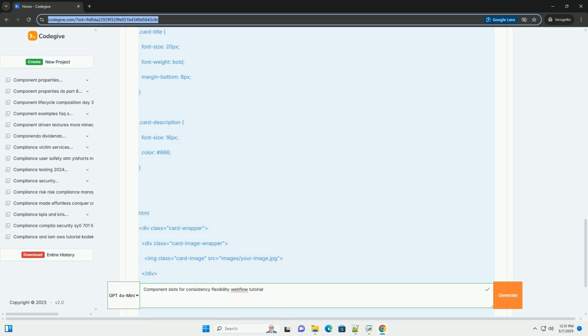2. Structure the component. Inside the component, build the basic layout of your card. This will be the core structure that remains consistent across all instances. Here's a simple example using divs and classes. 3. Apply styles. Add CSS styles to your classes to define the appearance of the card. For example,